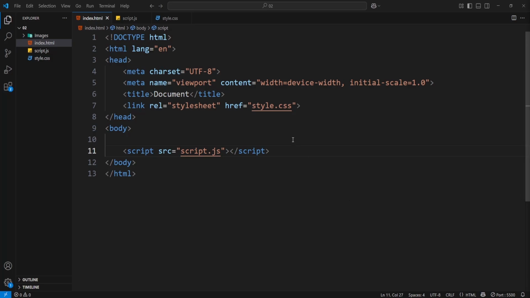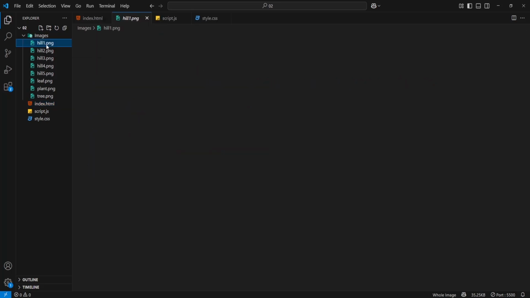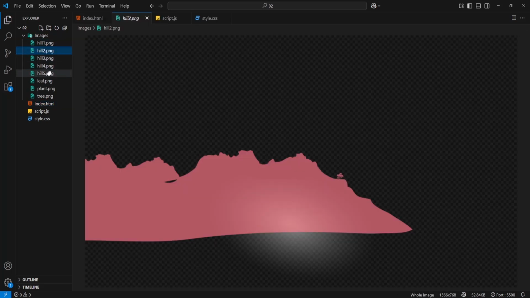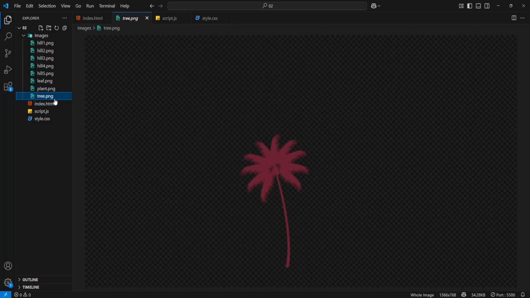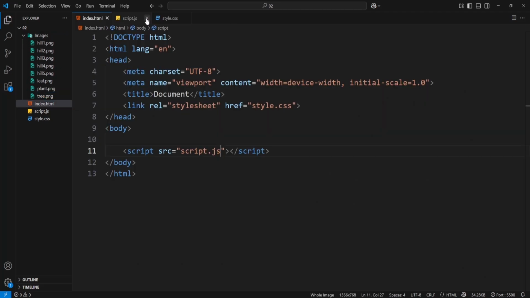So let's get started. Finally, I am in my Visual Studio Code Editor. As you can see, I already created an index.html file, a style.css file and a script.js file. And you can also see in my current working directory we have a folder called images. Inside this folder, we have all the images such as hill, hill 2, hill 4, hill 5, leaf and plant. Also the coconut tree, this one. These are all PNG images and I'm going to use all of them to create this parallax effect. So let's go back to the